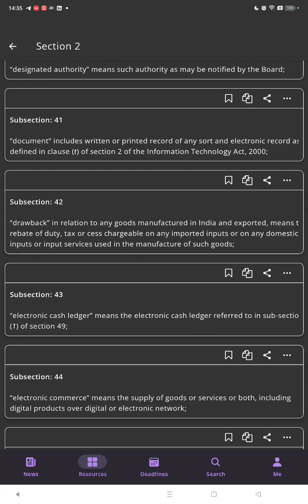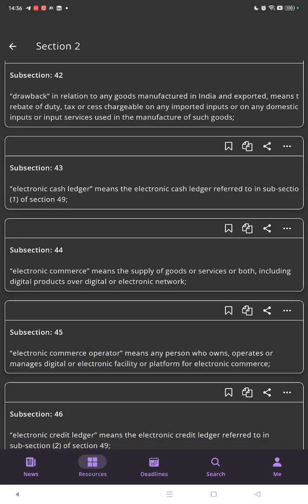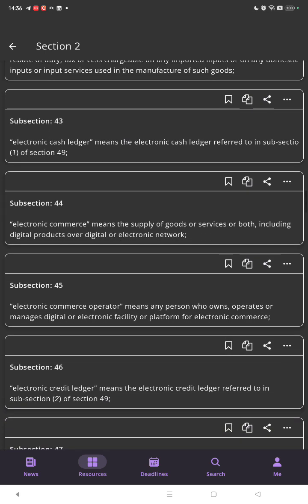Drawback. Subsection 42. Drawback, in relation to any goods manufactured in India and exported, means the rebate of duty, tax, or cess chargeable on any imported inputs or any domestic inputs or input services used in the manufacture of such goods. Subsection 43. Electronic cash ledger means the electronic cash ledger referred to in subsection 1 of section 49. Subsection 44. Electronic commerce means the supply of goods or services or both, including digital products, over a digital or electronic